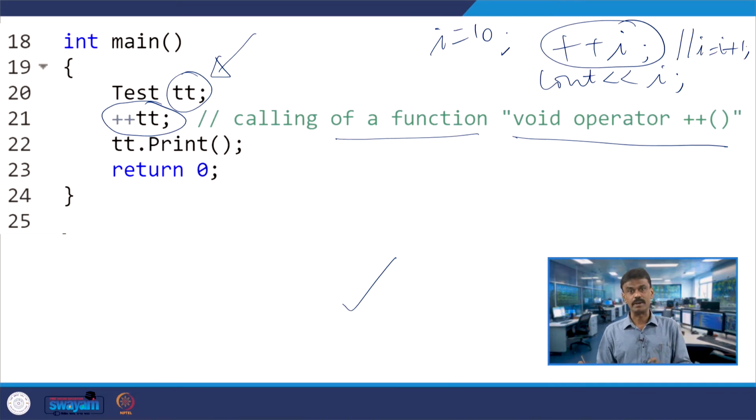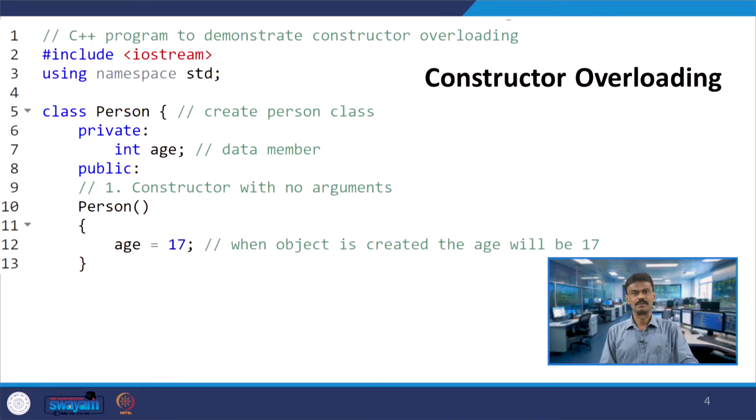You can use any operator for overloading, whatever operators you have studied. Similarly, we have already studied that when, assume that in the same program you have a default constructor, a parameterized constructor, and a parameterized constructor with, let us say, 2 arguments, with the same name, obviously the same constructor name. Assume it is having 3 arguments. Which one will be called? You call that constructor overloading. So, now you know operator overloading, function overloading, and now we are going to study constructor overloading.